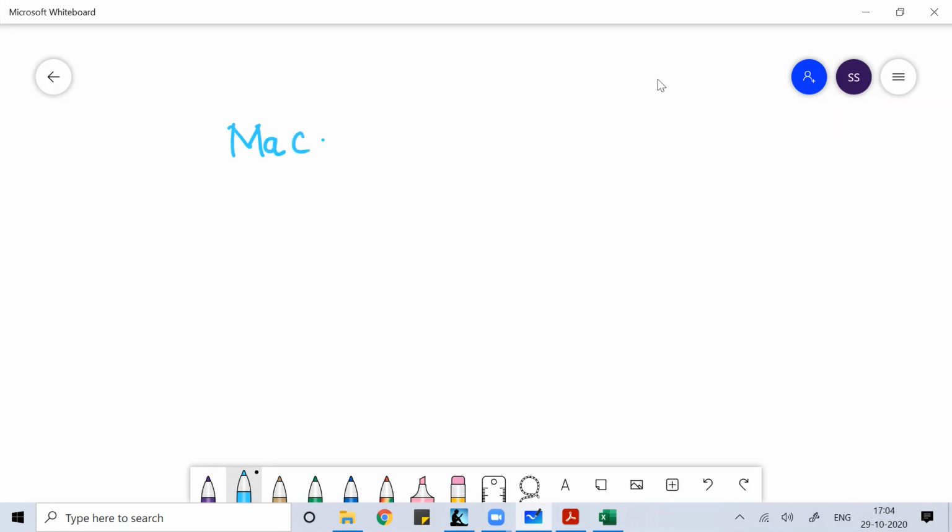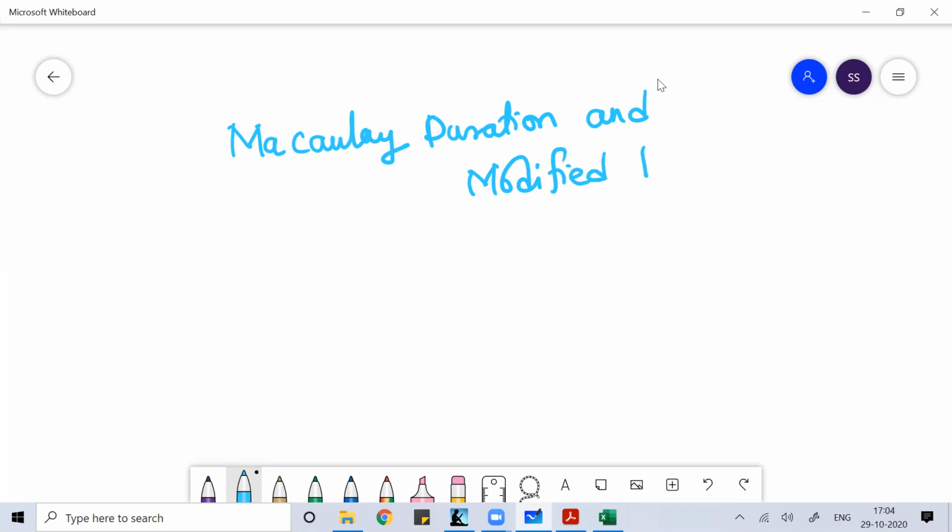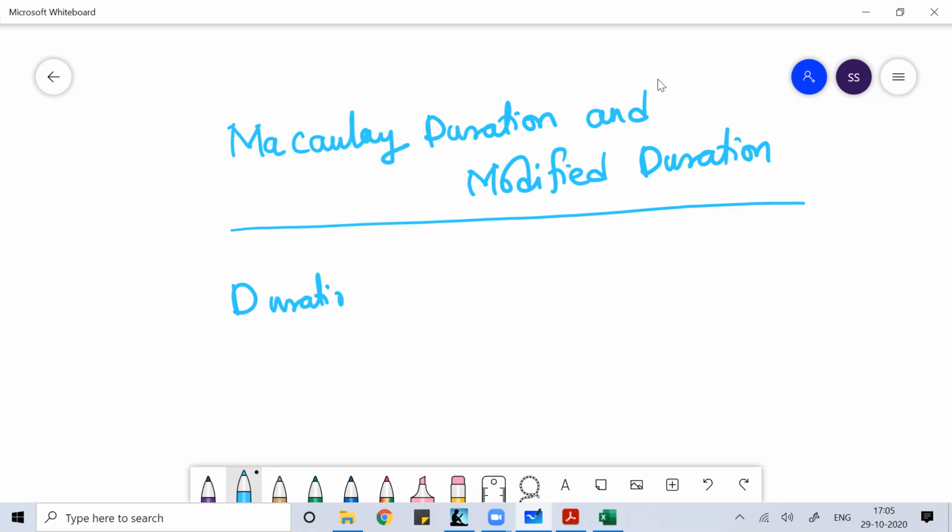In duration, today we'll talk about two kinds of durations on a bond, that is called Macaulay duration and modified duration. So basically, when we talk about duration, you can understand duration as the relationship of payback,